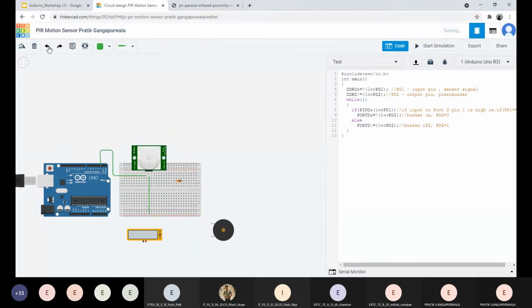But there is some connection issue. Let me check the connections once again.